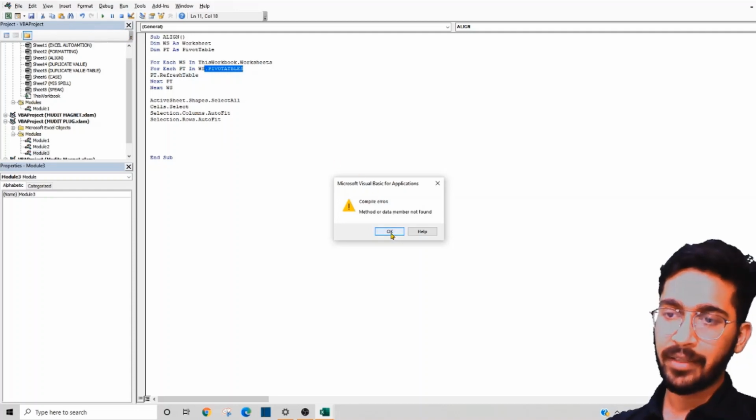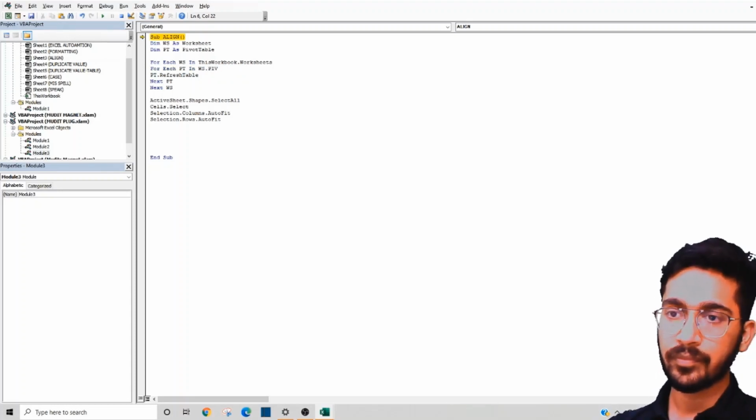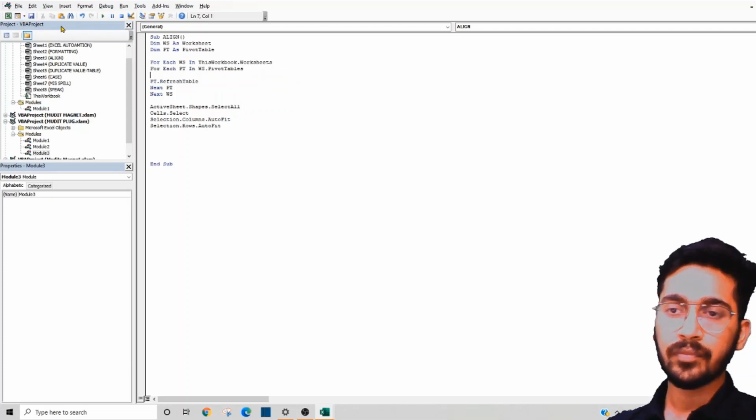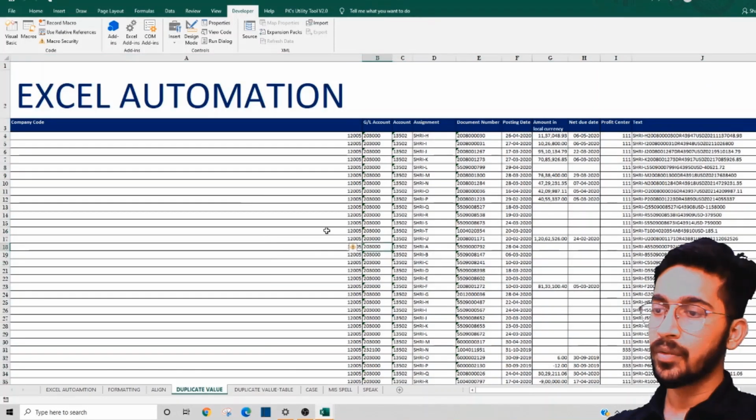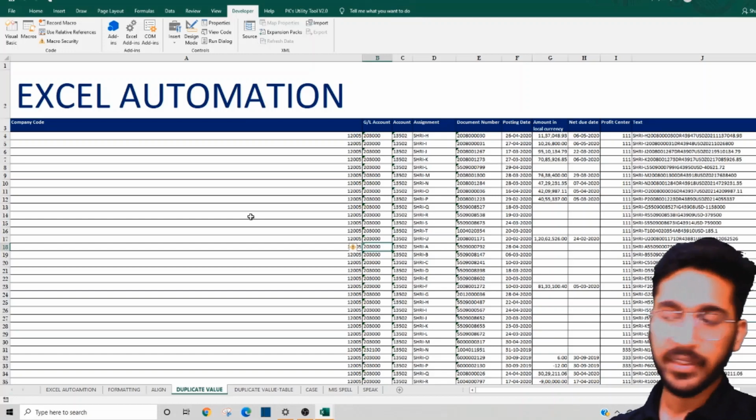There is some error, we will see what this is. We will run this again. As you can see, this code has been applied to all the worksheets.